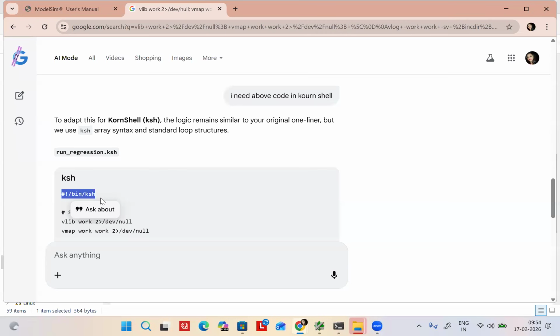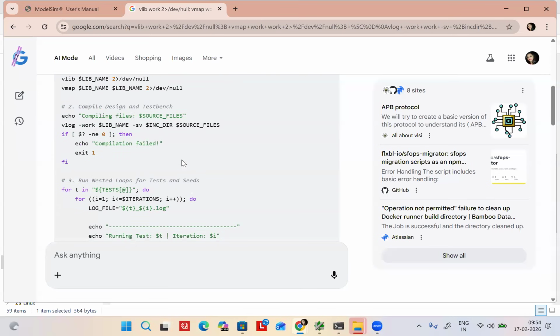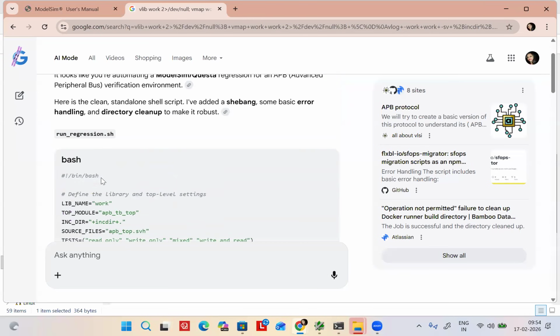So ultimately, what is the conclusion? Tell me. Korn shell, Bash shell, T shell, C shell, are all the codes same or different? Same. Where is the difference? That first line is different. If I remove that first line, there is no rule that you need to write it. For Korn shell you write like this, for Bash shell you write like this. Can I remove that line? Yes, that line is of no importance at all. Even without it, your code will work fine.